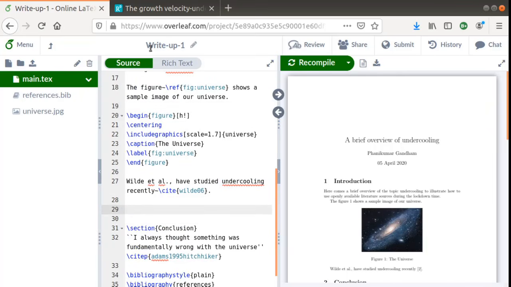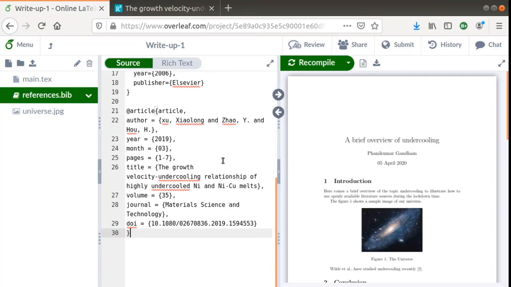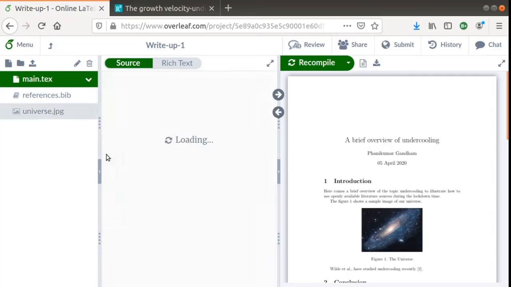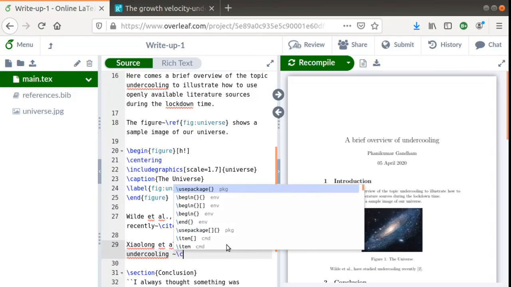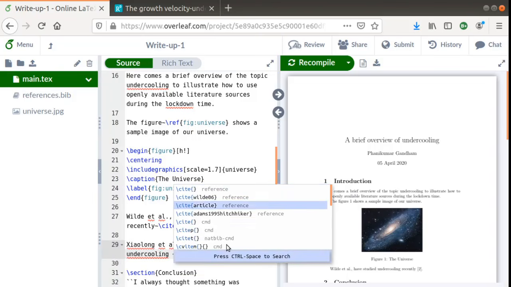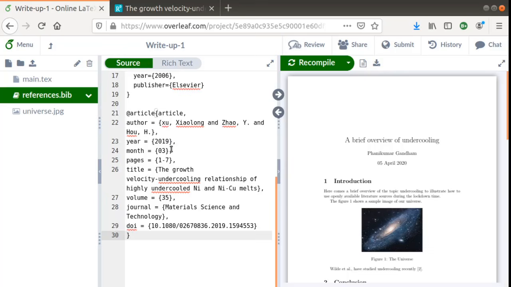Okay, and look at the details. It is Xiaolong, so we'll write it here. Xiaolong et al. have... The nickname for the article we just gave happens to be just the word article itself.